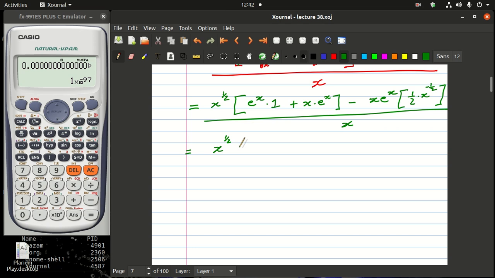I take this e to the power x out. Inside here I will end up having 1, plus if this one is taken, I'll be left with x there, minus, if you look in here, you will find out actually we just have x times e to the power x,